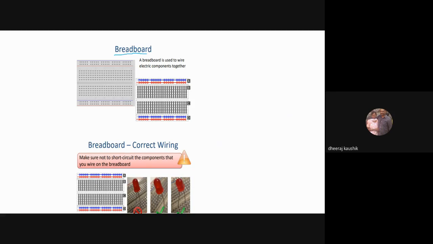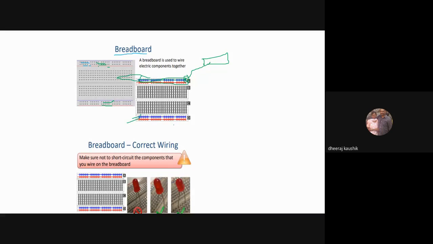So the side lines of these breadboards, as I'm marking here, let me change my ink color so you'll have better visibility. These lines are connected vertically, which means if you put one ground pin here from the Arduino board, then all these pins would become ground pins. The same goes for this and this as well.